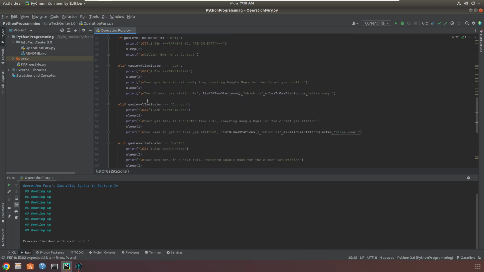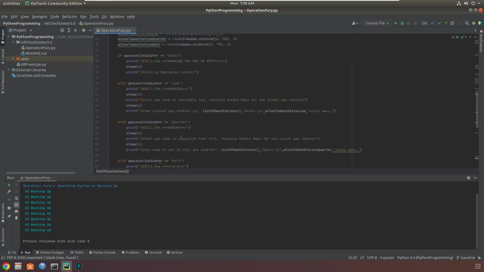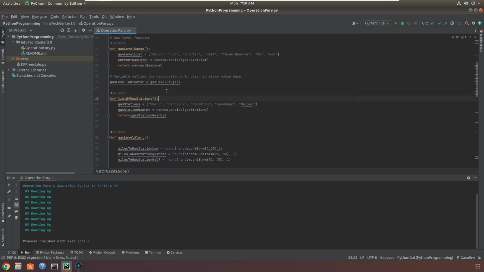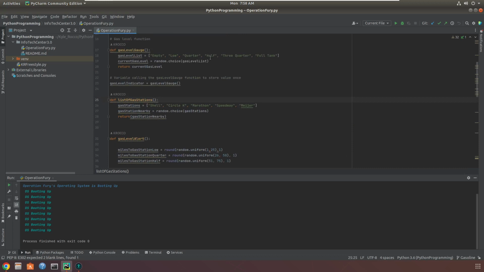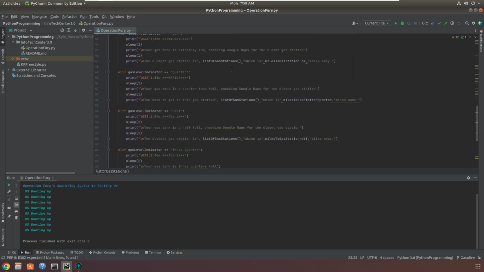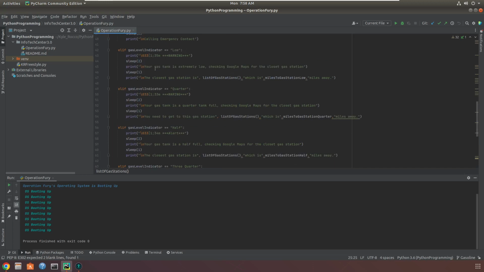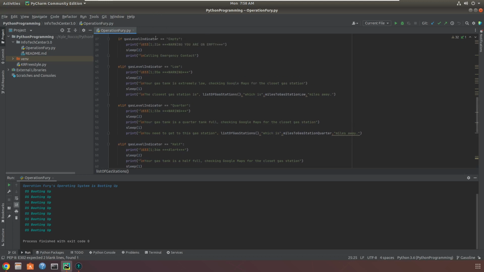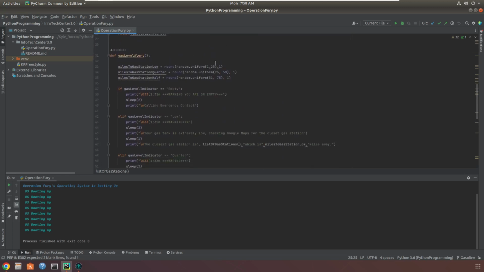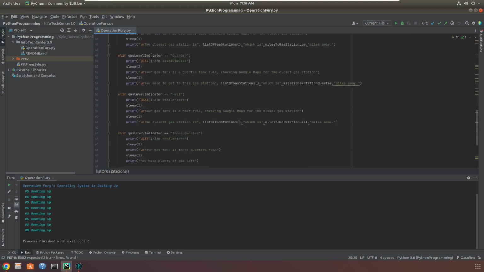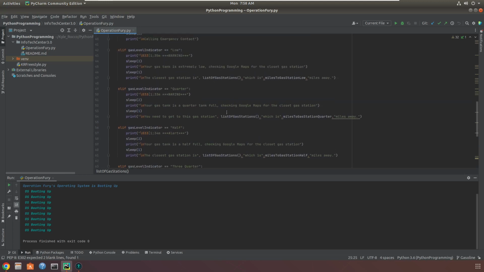And these if, elif, and else statements are almost similar depending on how full or empty our gas tank is. So if our gas tank is low, then it will put up a warning: your gas tank is extremely low. Checking Google Maps for the closest gas station, and the closest gas station will come from the list of gas stations, which we randomly choose, and it will randomly pick a number between 1 through 25 to say how many miles away it is. Now that is the same for the quarter, except that it will say